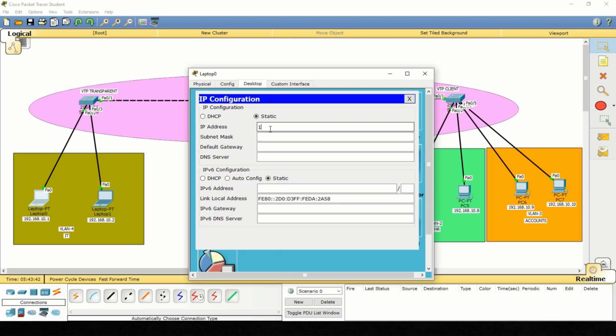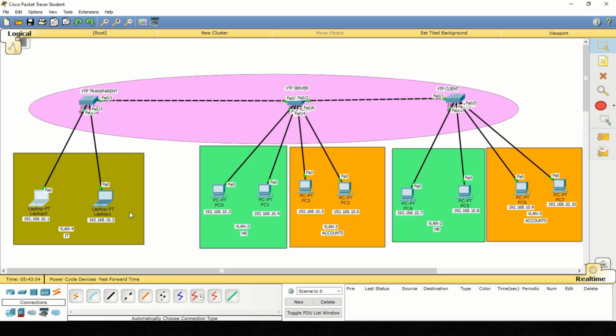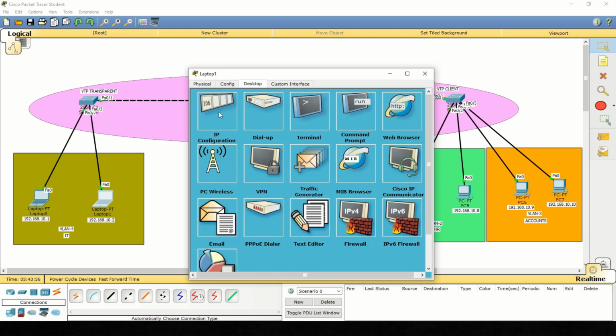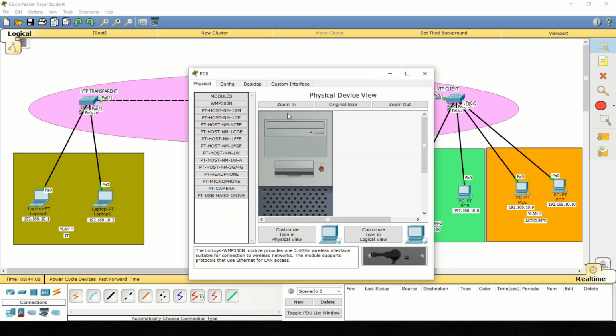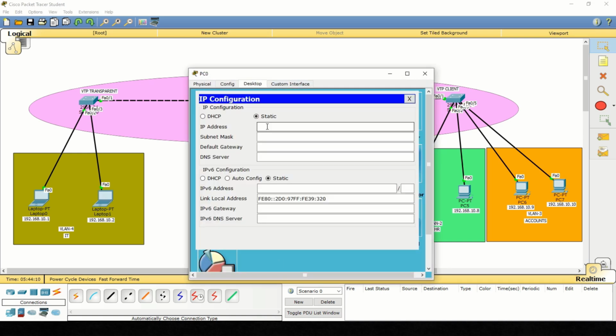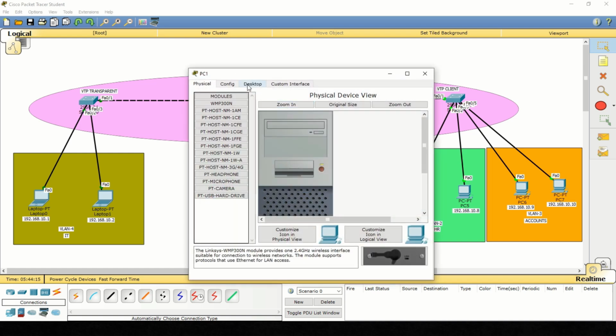So I will firstly assign the IP address on the PC also, so that we can see the effect of that VLAN, that it will not be able to ping a different VLAN, right? So assign the IP. So I assign that IP, and here also I have to assign 192.168.10.2, then the subnet mask, then close it. Now go on third one and then assign here 192.168.10.3 and then